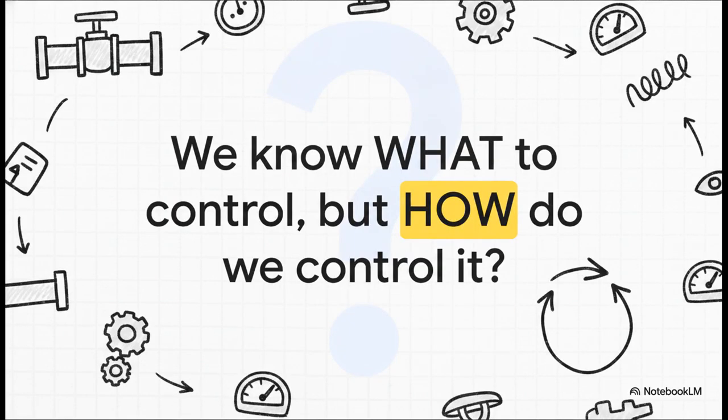Which leaves us with a fascinating, pretty provocative question to end on today. Through our process variable triads, we know exactly what to control, what to manipulate, and what to watch out for. But how do we actually control it? I mean, how does the system automatically know exactly when to open a valve and by how much? That question sets us up perfectly for our future explainers, where we'll dive into the incredible mechanics of feedback and